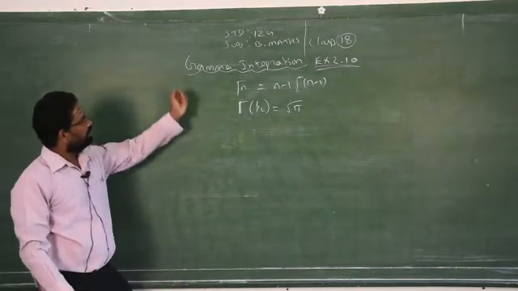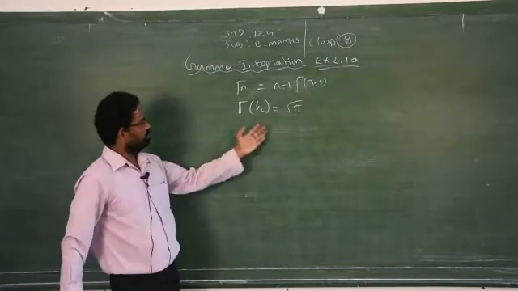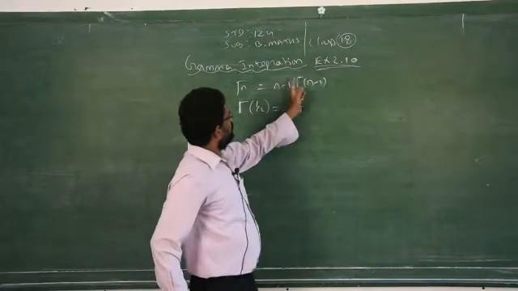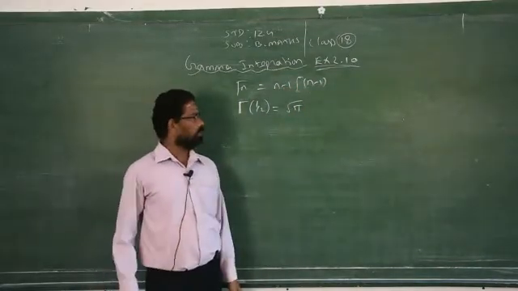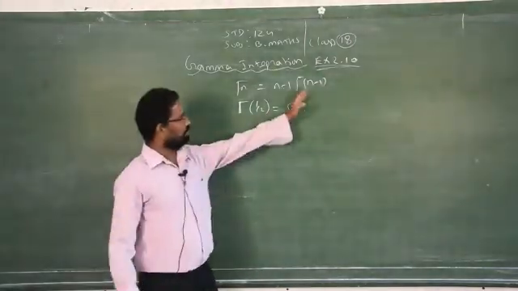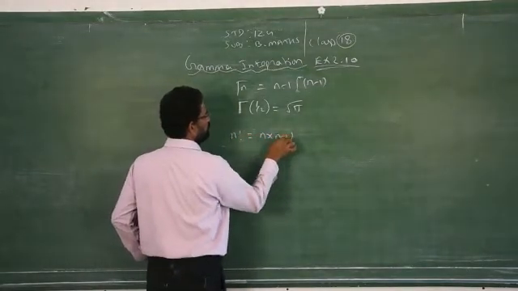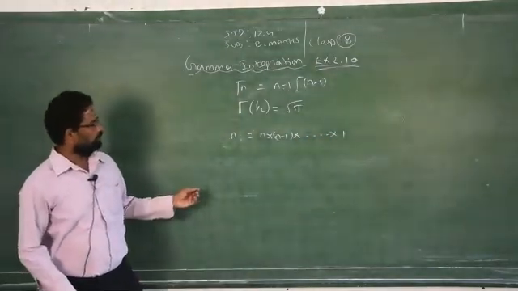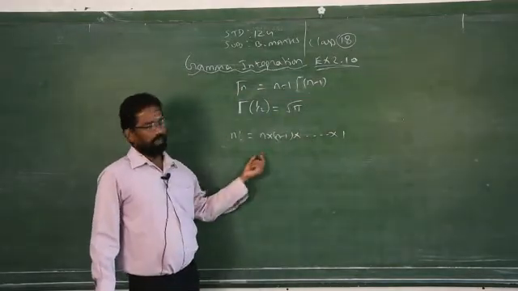In this exercise we are going to learn about the gamma integrations. We have some formulas: gamma n is equal to n minus 1 into gamma n minus 1, and so on. Then gamma 1 by 2 is replaced by square root of pi. This is just like a factorial, you have to write in descending order. n factorial you know how to write, n into n minus 1 into so on up to 1. In the same way, you have to expand the gamma integrations like factorial format.